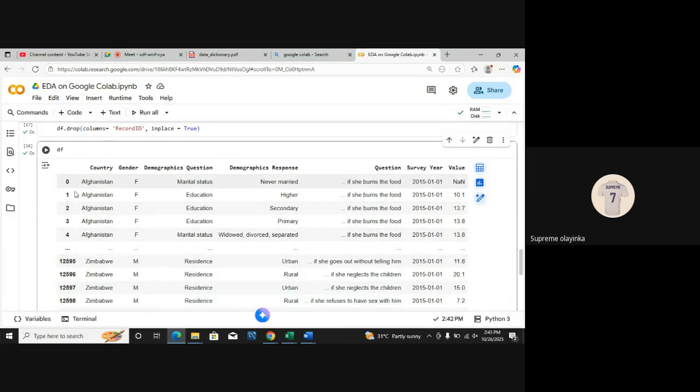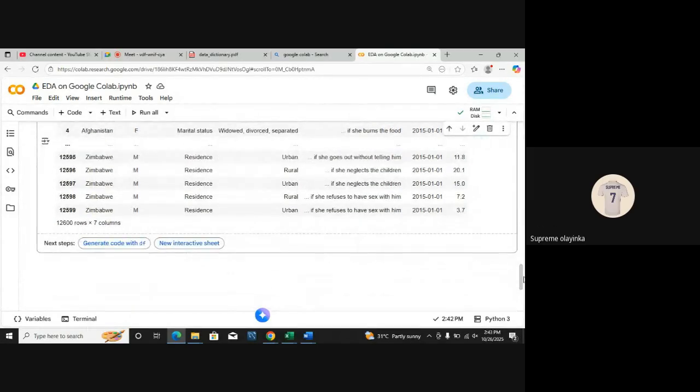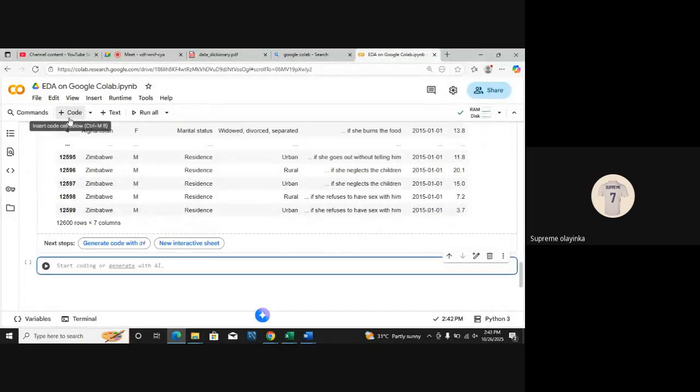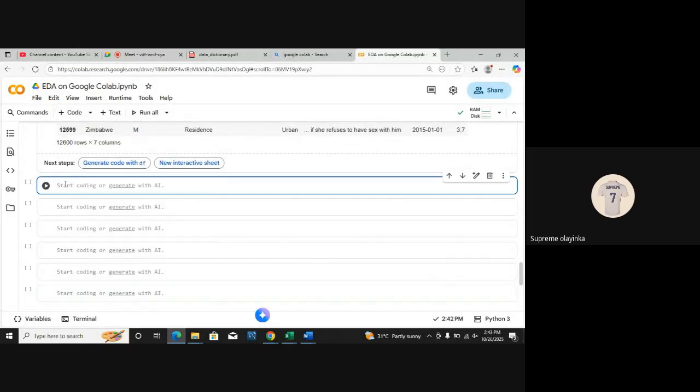Let me recap. This particular data set is for everyone facing gender violence. So the first thing I want to know is which country faced the most violence. We want to know the rank of which country faced gender violence. So let's just say: return the rank at which country faced gender violence.